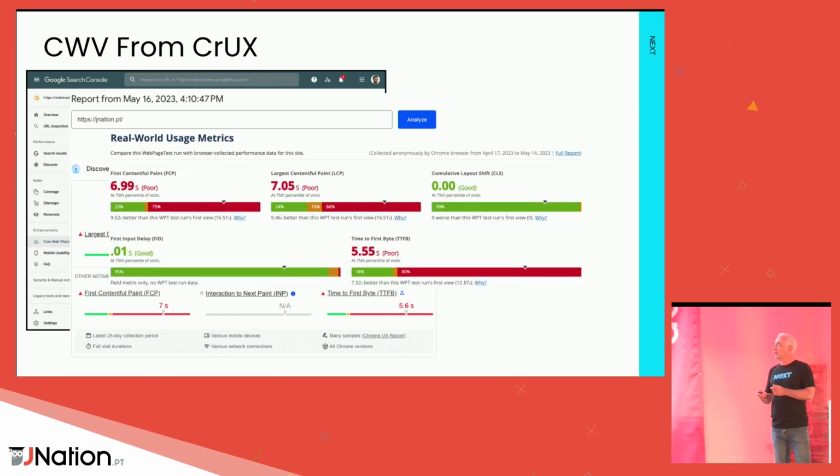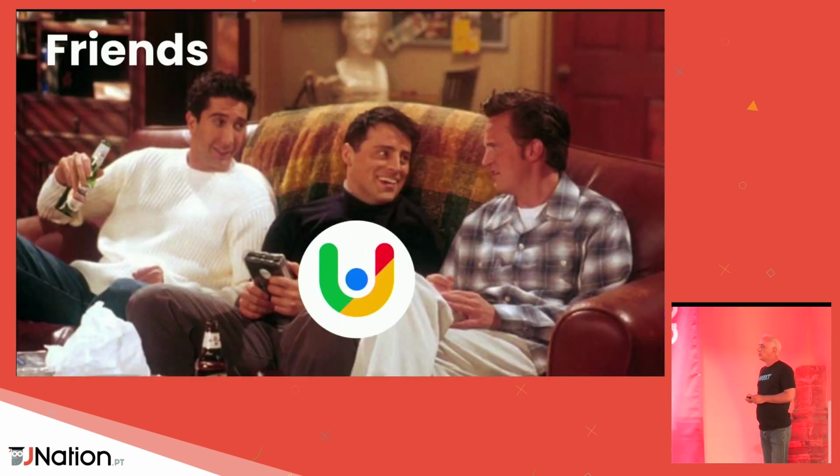And another example, even third-party tools, or you yourself, can access this data. This is a screenshot from the WebPageTest website. And again, WebPageTest is a great tool, not created by Google, but it still is able to access this data from the Google database and show it to you for the page that you're testing. And like I said, you can also get at this data yourself. But